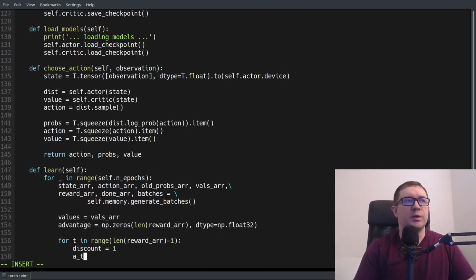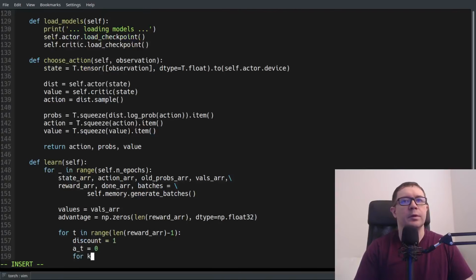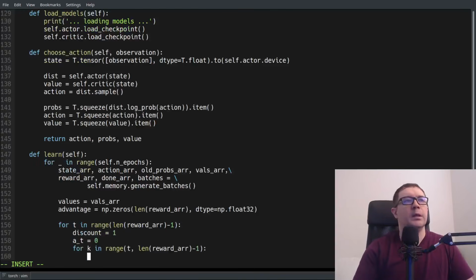The advantage at each time step starts out as 0. So for k in range, so we're going to start out at t and go from t to the same reward array minus 1, and say a sub t plus equals discount, so that GAE lambda factor, which starts out as 1, times, we need parentheses, reward array sub k plus self.gamma times values k plus 1 times